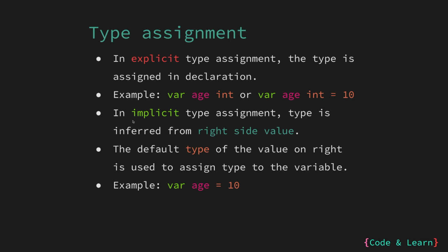value 10. In the implicit type assignment, the variable infers the type from the right side value. So it only works when we declare a variable and assign it a value on the same line. For example, var age = 10. Here the variable age will be assigned the default type for numeric values, that's int or integer, and also a